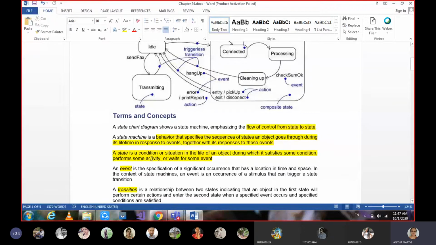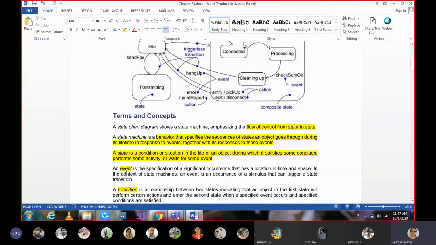Activity is something performed over a significant duration of time, like construction of a building. Whereas an action is insignificant in time, done within no time, and cannot be decomposed. All those details we were studying under activity diagrams.